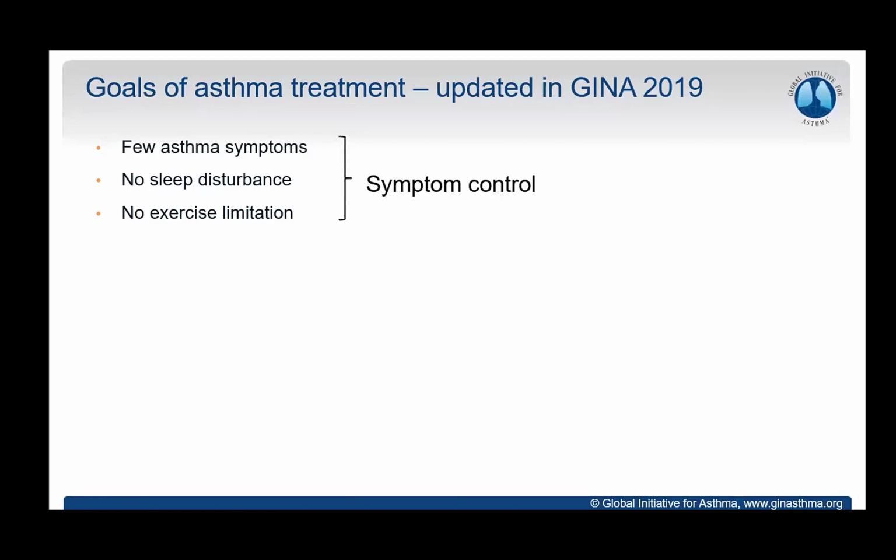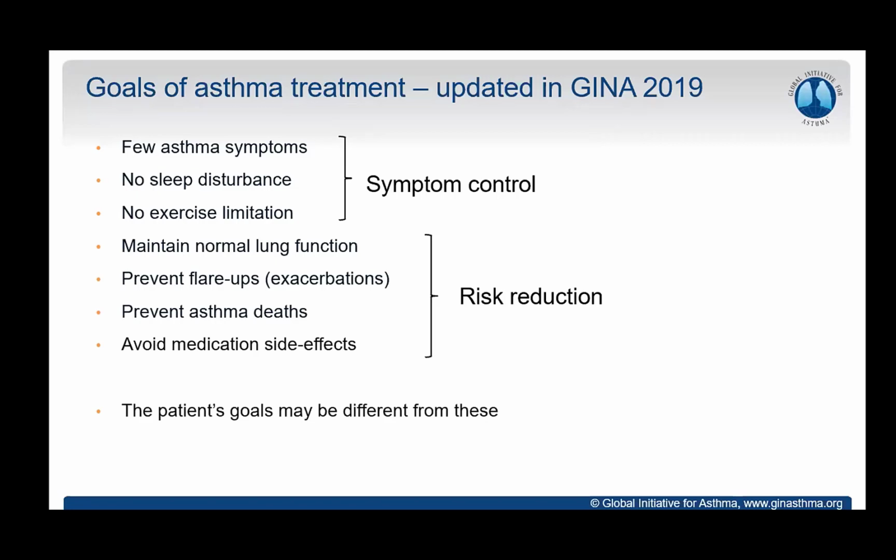So some highlights I want to give, at least for treatment. First of all would be the goals of treatment, which actually changed in 2019. So let me get these pulled up for you. Previously, and I think many of us in med school learned about symptom control: asking about symptoms, documenting symptoms, seeing how many times you're using your short-acting beta agonist, and then guiding treatment basically from there. Along with COPD in 2019, the goals of treatment changed from symptom control to both symptom control and risk